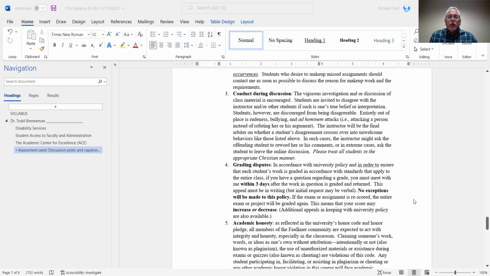Conduct during discussions. The vigorous investigation and discussion of class material is encouraged. Students are invited to disagree with the instructor and/or other students, such as one's true belief or interpretation. Students, however, are discouraged from being disagreeable. Entirely out of place is rudeness, bullying, ad hominem attacks, that is, attacking a person instead of refuting his or